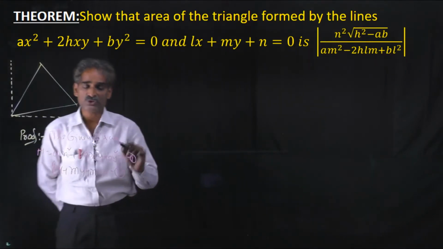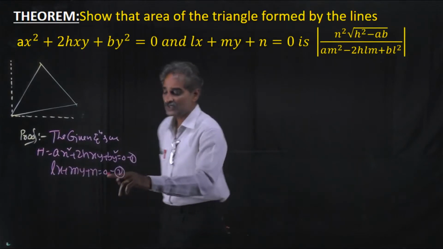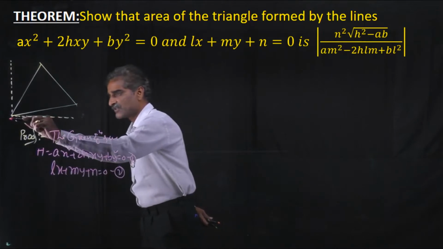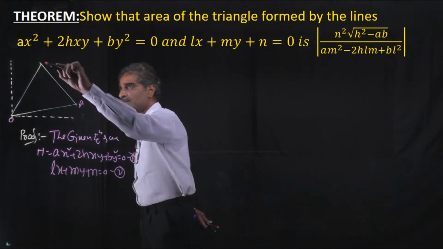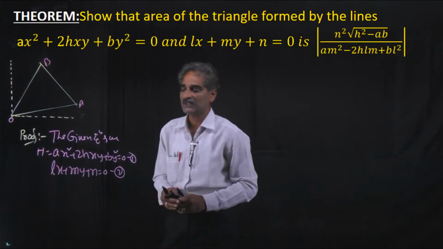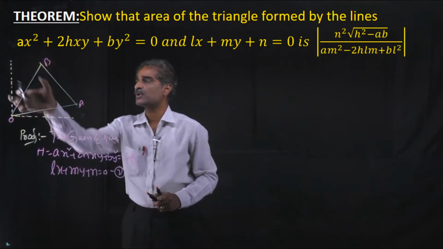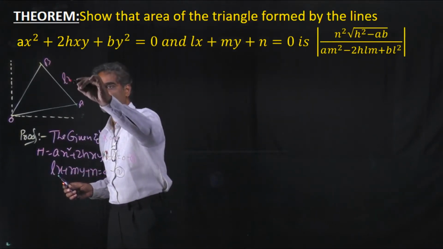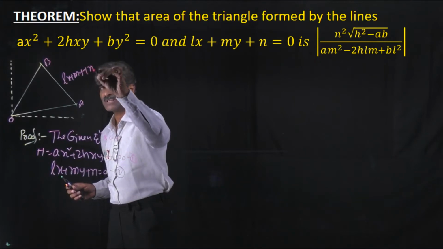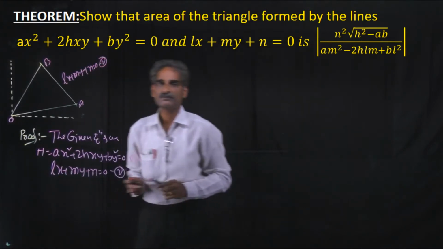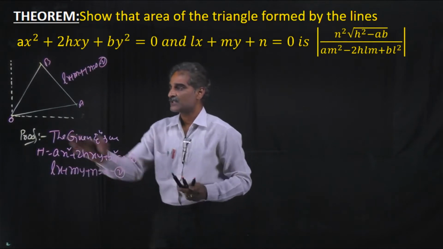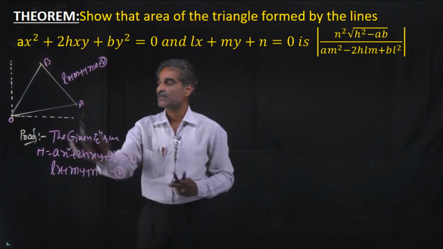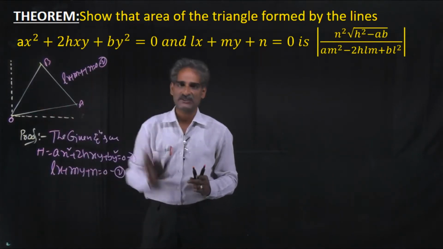So all of you know this represents two lines passing through origin and this represents a line. So consider these, just observe this figure O, A, B. Okay, so these two represent the sides OA and OB, this represents this side. So here this line is represented by the equation lx plus my plus n equal to 0. It will be 2. Understand? So OA and OB, the two sides, are represented by 1. So 1 represents these two sides and the 2 represents this side, suppose.